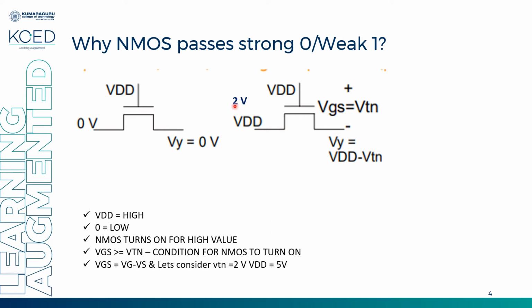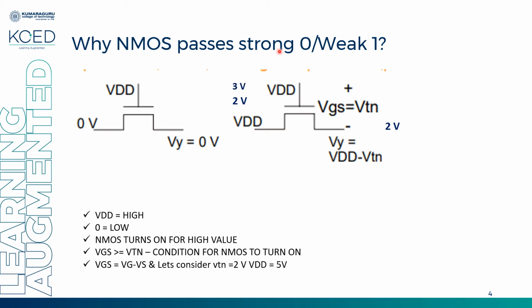So first let me start from lower voltage, and I have given a control voltage of 5, or high, that is VDD. Now what happens when I give a 2 volt? I get a 2 volt again. How do I get a 2 volt? Whenever I am giving a high voltage, this transistor is in on condition. And what is VGS? VG is 5, VS is 2. VGS is VG minus VS, that is 5 minus 2, 3 volt. 3 volt is greater than the threshold of 2 volt. So it remains in on condition and it will pass the value of 2 volt across source to drain.